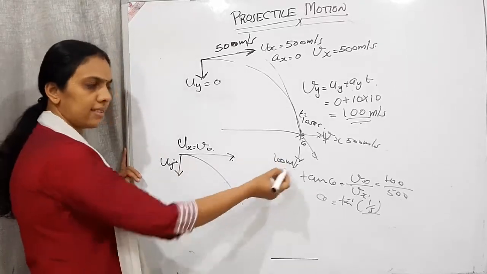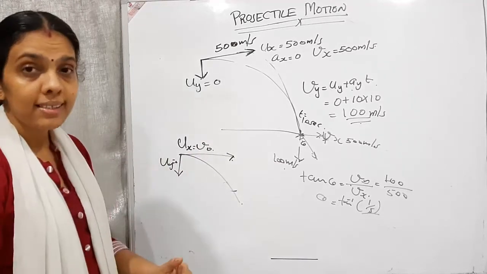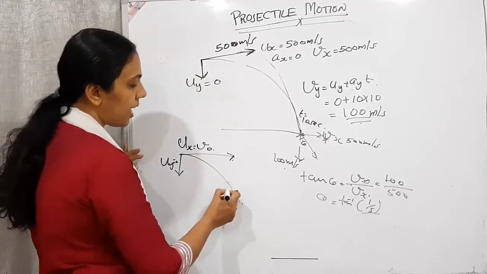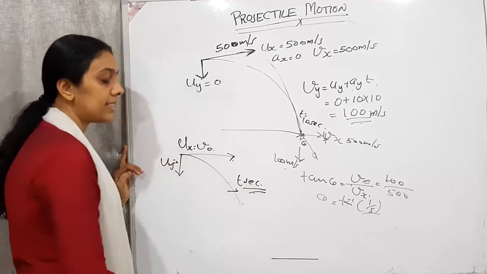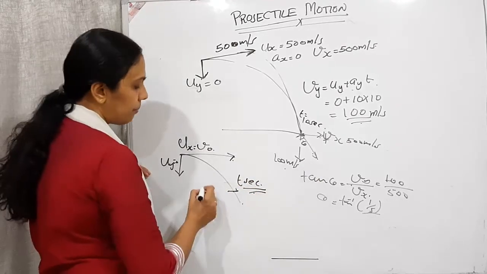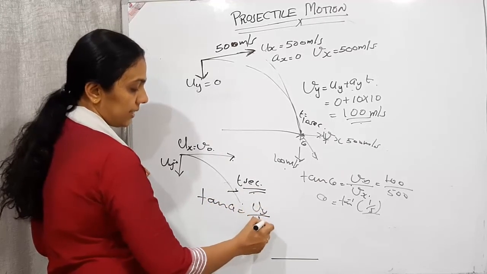That tan theta, the same way we can find out. Okay, but here the angle is given, time is not given. So here maybe at t seconds, I am considering it as at t seconds it's reaching the 60 degree. Okay, so here the same formula when we are applying, tan theta equals Vy by Vx.